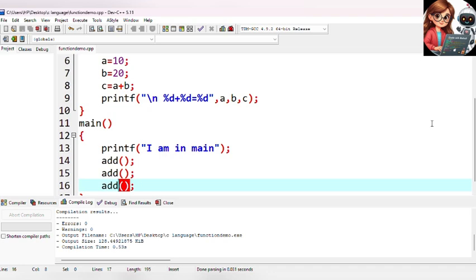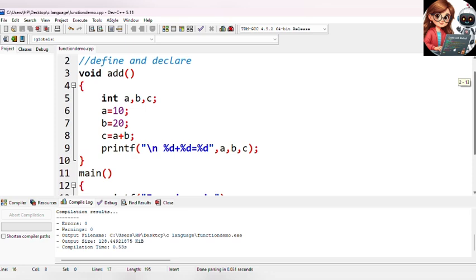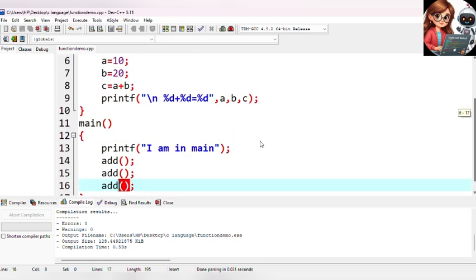Let's take one more example. By the way, what if we reverse the procedure? Like we have written here add, and down here we have written main, right? What if we do the opposite?